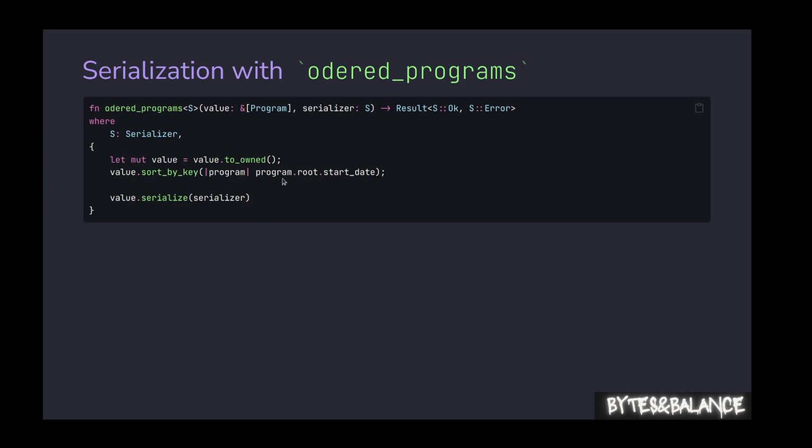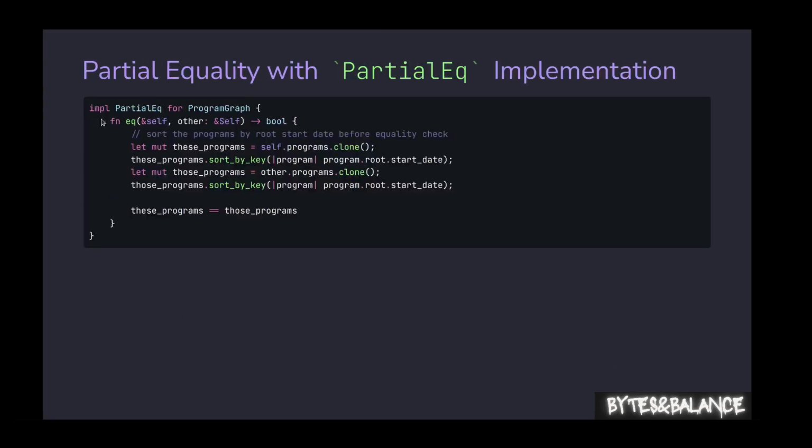The only thing is we use program.root.startDate for sorting. And at the end, we serialize this value. The reason that we serialize the value is because we want to convert it to JSON. So the PartialEq implementation of a program graph sorts the programs by the root start date before checking for